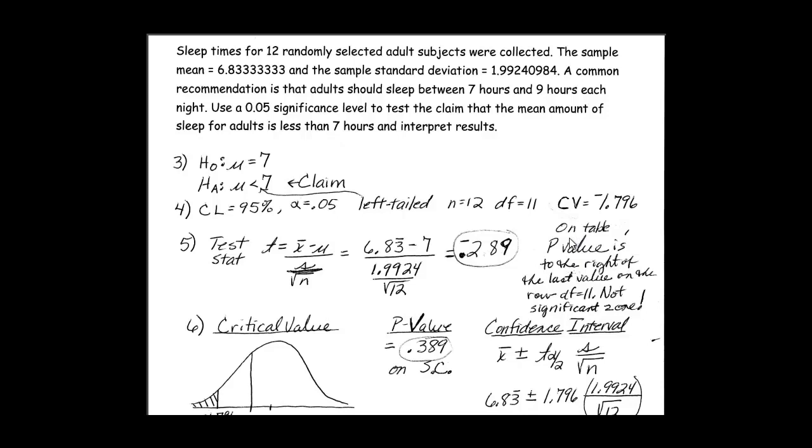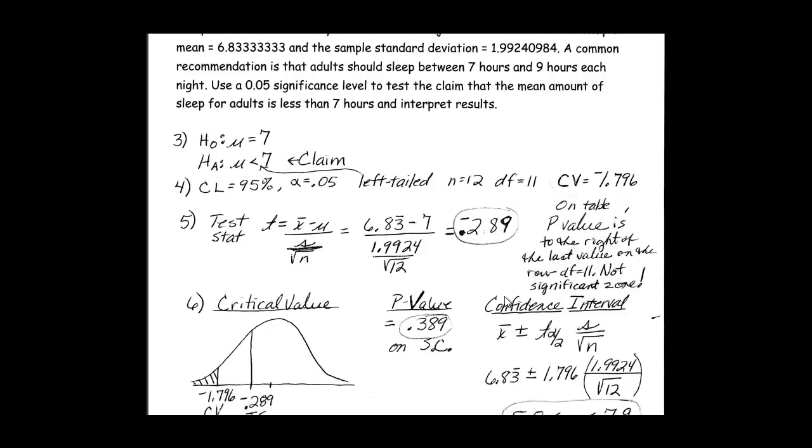On the table, this p-value is to the right. I think it's on the right of the table that you have. On my table, it's going to be to the left of the row that we were looking at. So this is not in the significant zone. I don't think I would want to interpret from the table. I would always interpret that from